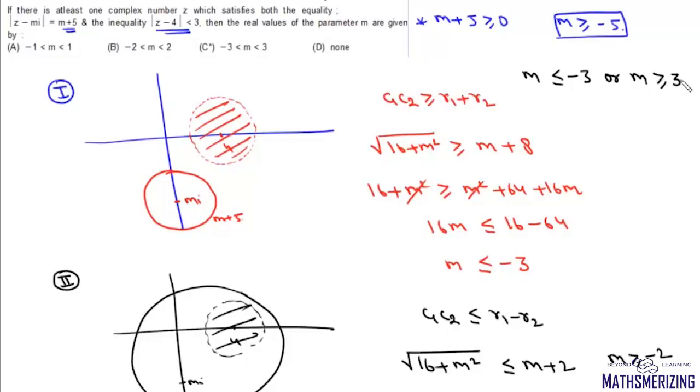So they'll have at least one point in common for all other points. So if we take all of the points in this domain, all the other points in the domain are when the value of m lies between minus 3 and plus 3. So answer to this question is when the value of m lies between minus 3 and plus 3, and that's your option C. Now here the question is the real values of parameter a for which at least one complex